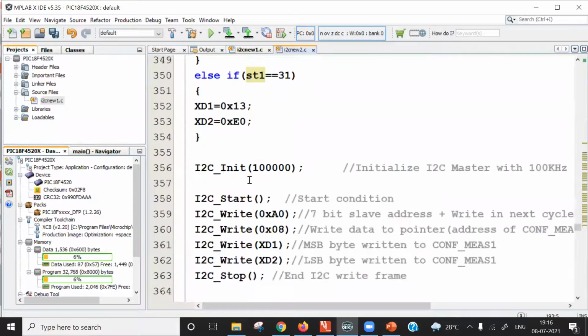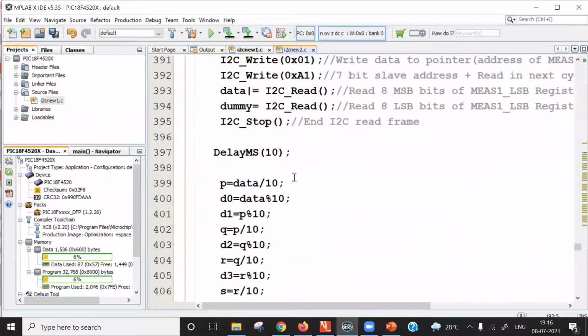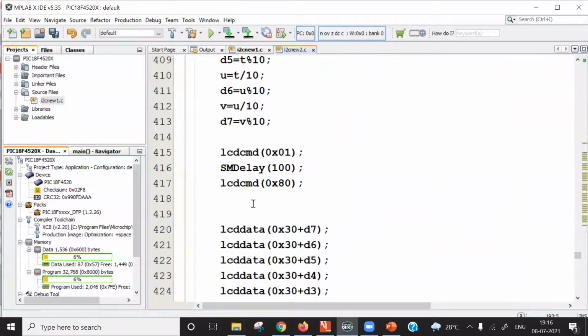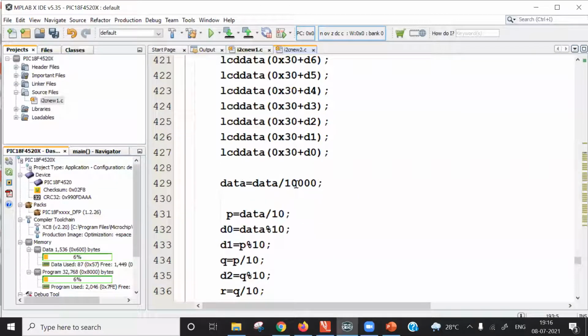Rest of the code is similar to our previous code of I2C protocol. After writing digits on the LCD display, we must divide this number by some divisor. You must select divisor in such a way that after dividing, you get a number which is proportional to quantity under measurement.